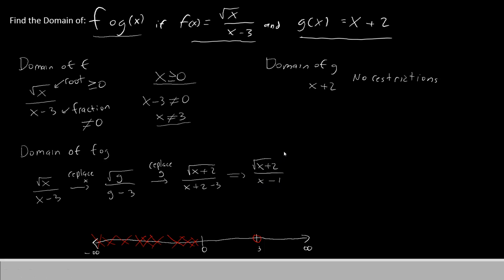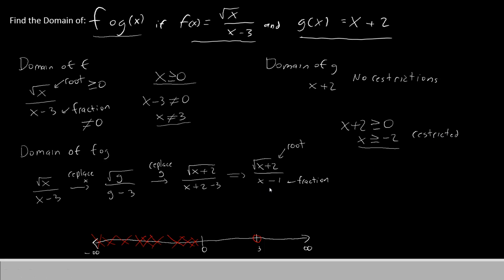We now have a different set of restrictions. We have a root on top, which is different from the one we had before, and we now have a different denominator than the one we had before. So our root and the bottom of our fraction will give us a different set of restrictions. Let's figure out what they are. From the root, we can say x plus 2 has to be greater than or equal to 0, so x is greater than or equal to negative 2. You might notice negative 2 is already in the restricted area, so this won't have any influence on our domain, since it's already restricted.